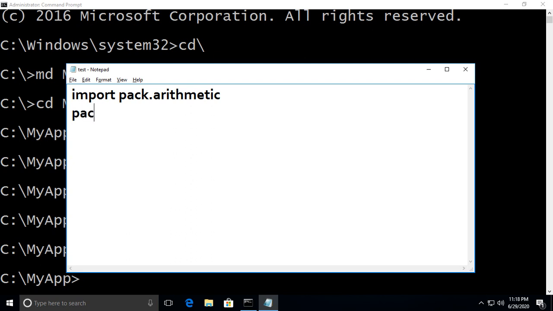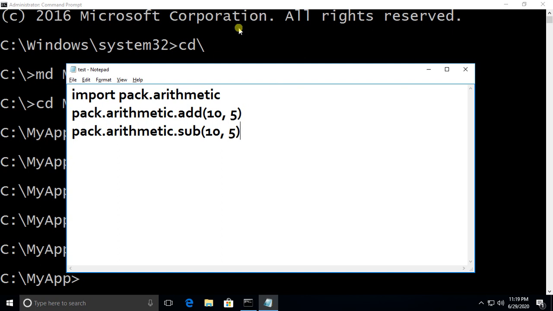Now pack.arithmetic.add function. Two variables, two values you have to pass. Next function, pack.arithmetic dot subtraction 10, 5. Now see, pack is a package name, arithmetic is a module name, add is a function name, sub is a function name.